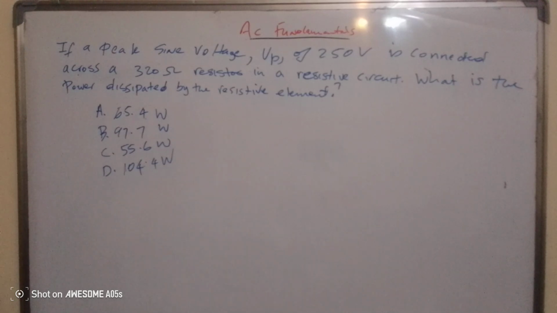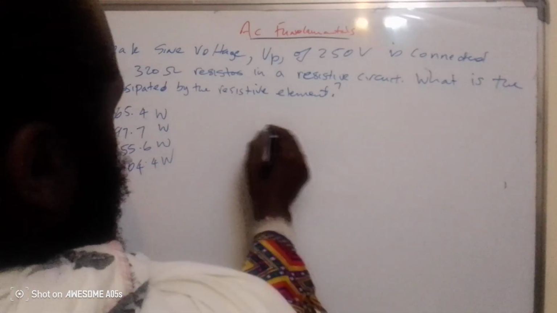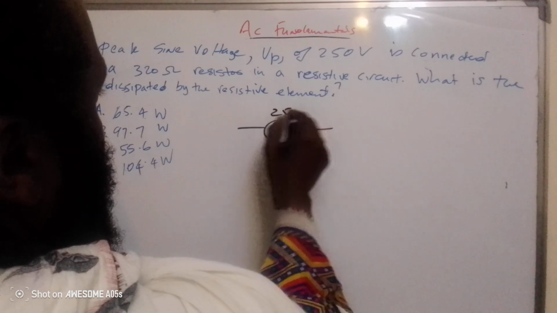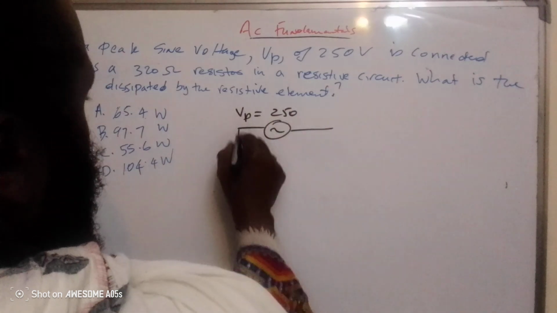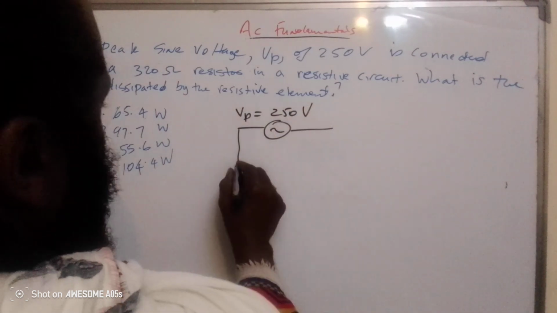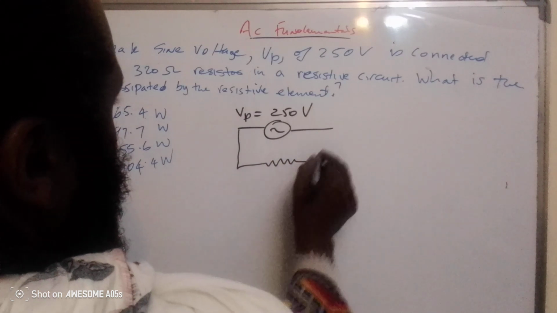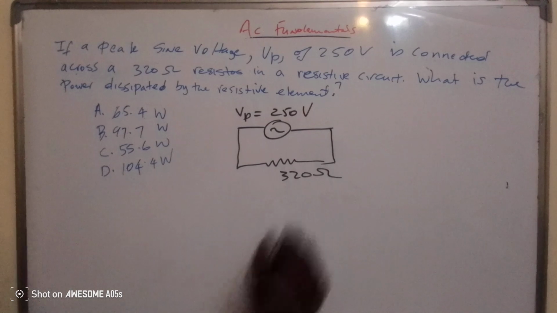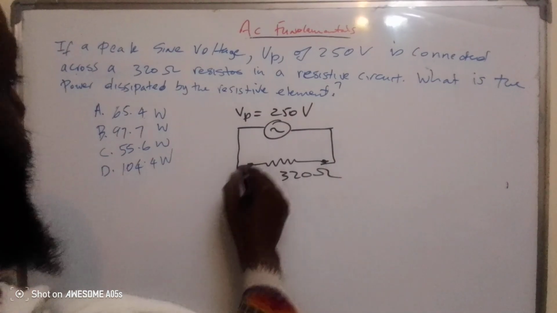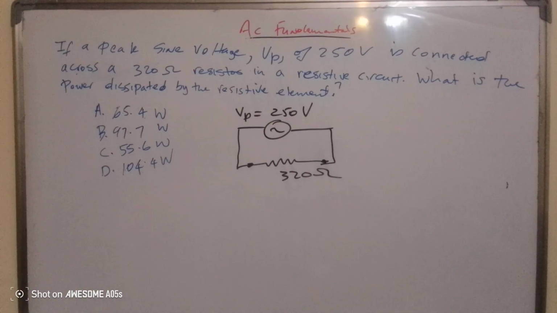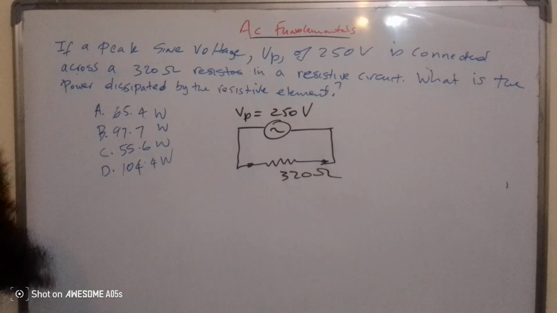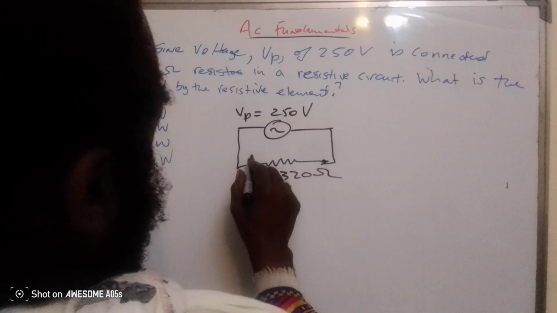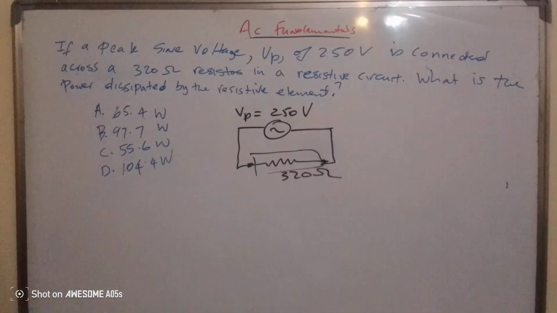So if they have a voltage source here, 250 volts is connected across some resistive load of 320 ohm resistor, right? In a resistive circuit, what is the power dissipated by the resistive element? So this is the resistive element, the resistor, 320